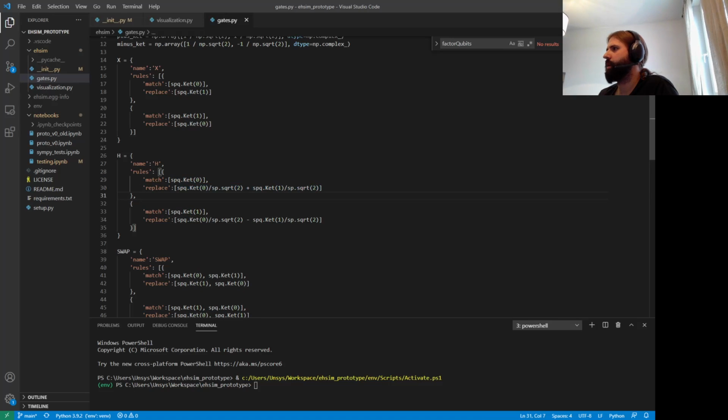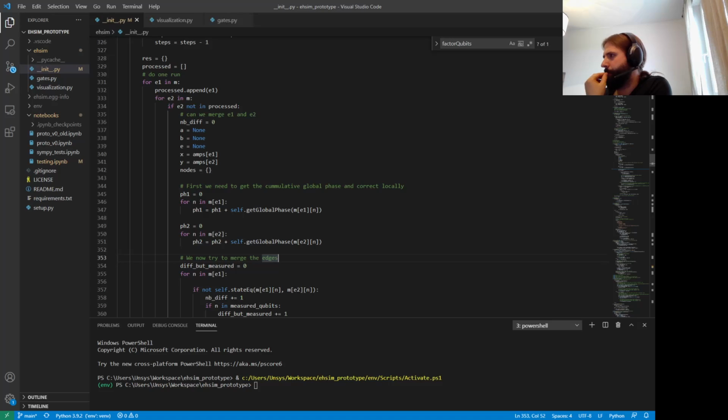But there might be gates that introduce a global phase. So I do need to handle that,